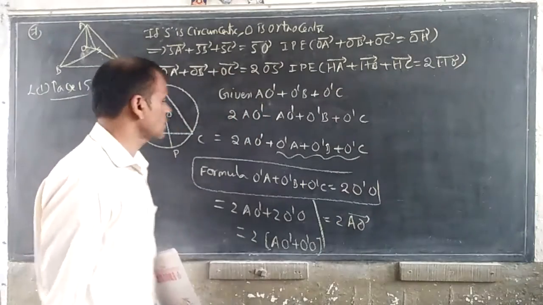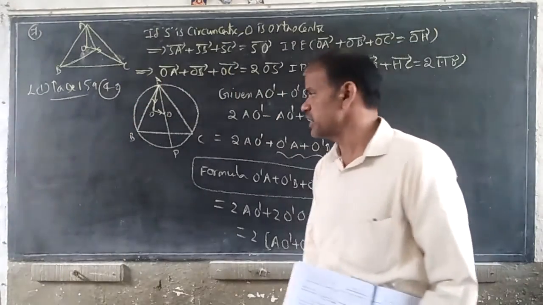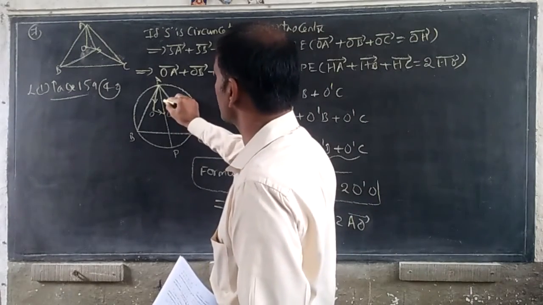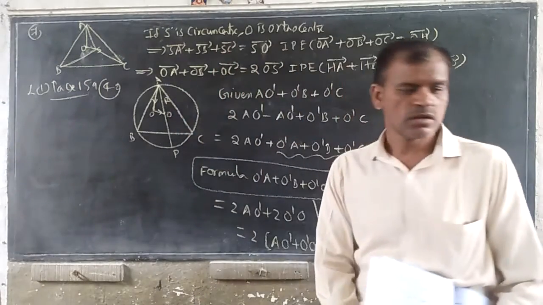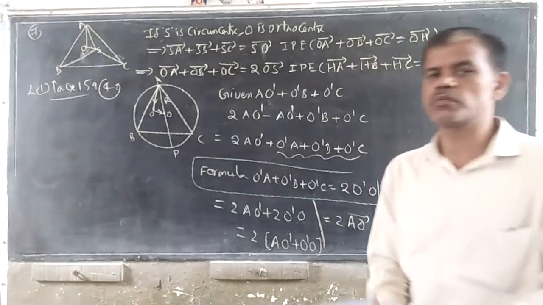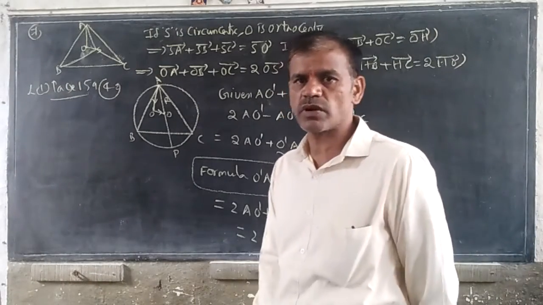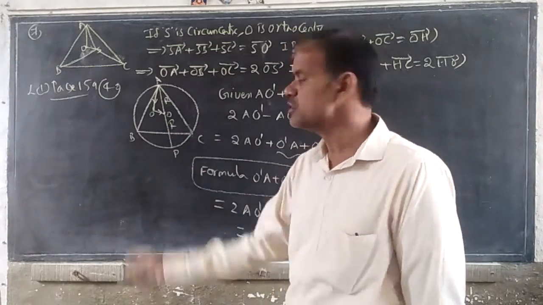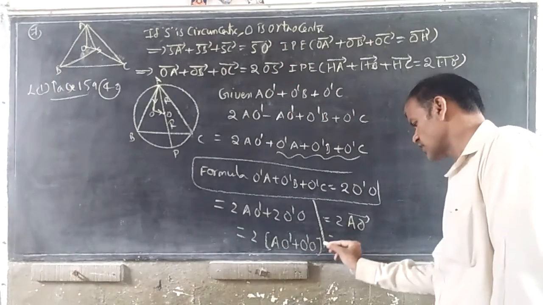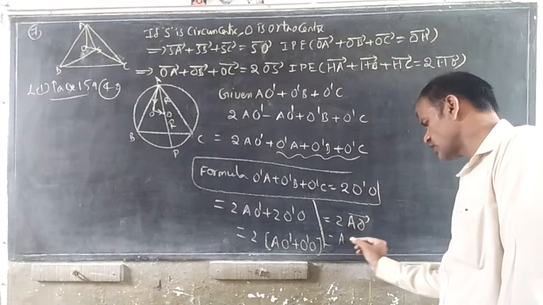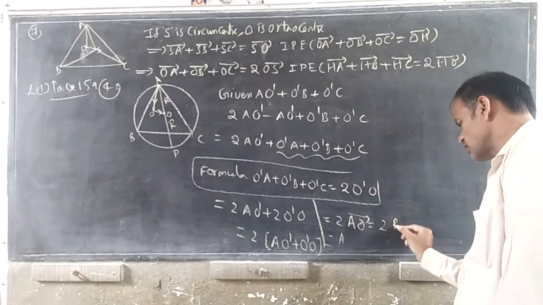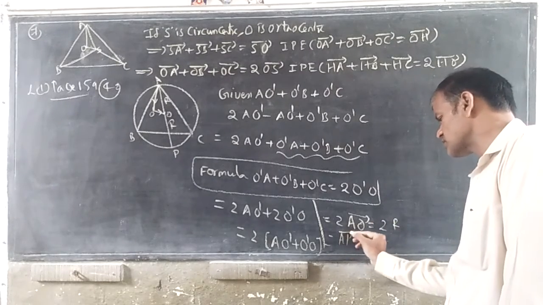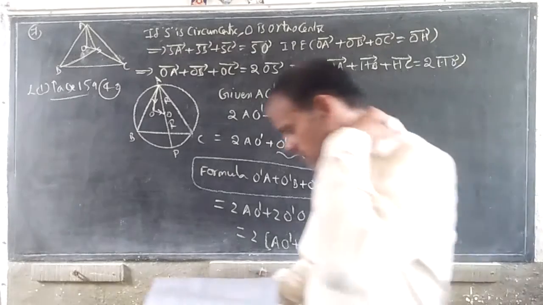You can understand AO is the circumradius. It means this is the circumcenter and this is the point on the circle. The distance between circumcenter and a point on the circle is nothing but radius. From the center to any point on the circle is called radius. Of course, this is also radius. 2 radius gives diameter. He has already given the diameter. This is 2 capital R. The circumdiameter is given as AB. So AB is the correct answer.